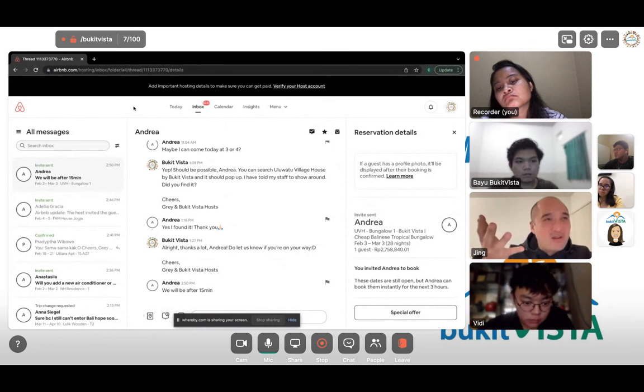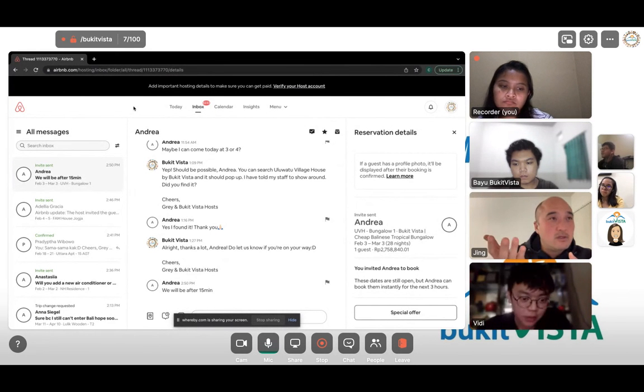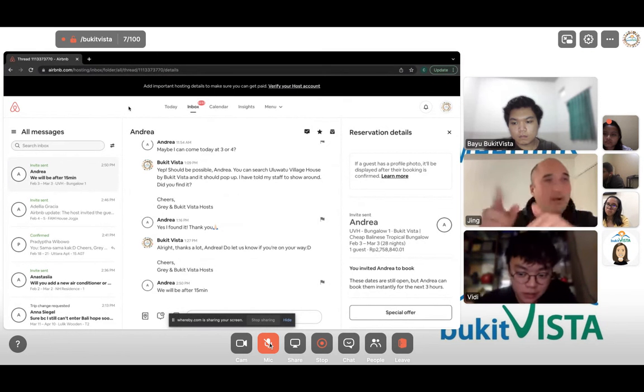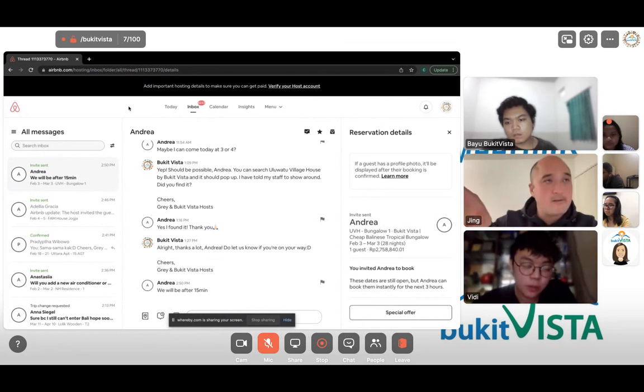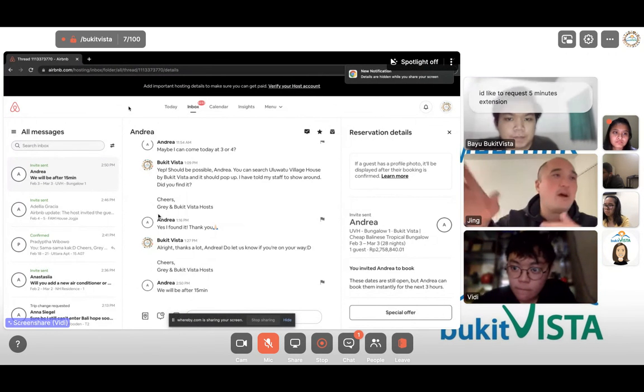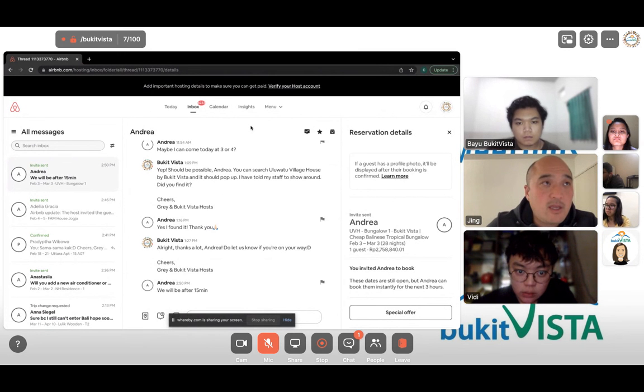They go through our email. Okay, they go to our email, and then after Airbnb sends our email, we parse the email using a third-party parser. Okay, all right. It will be sent from the third party to a webhook, and then it's saved to BigQuery. Okay, there you go.